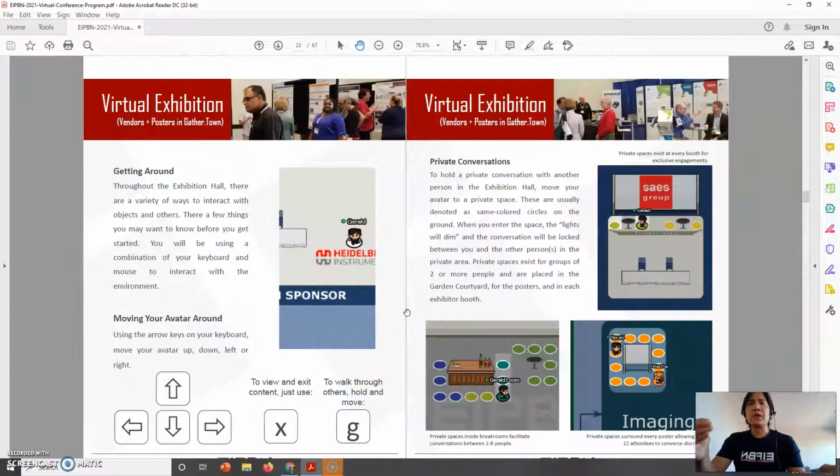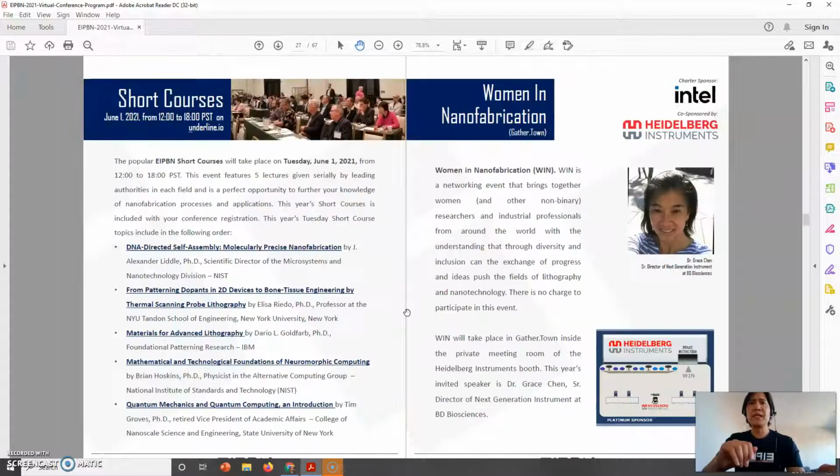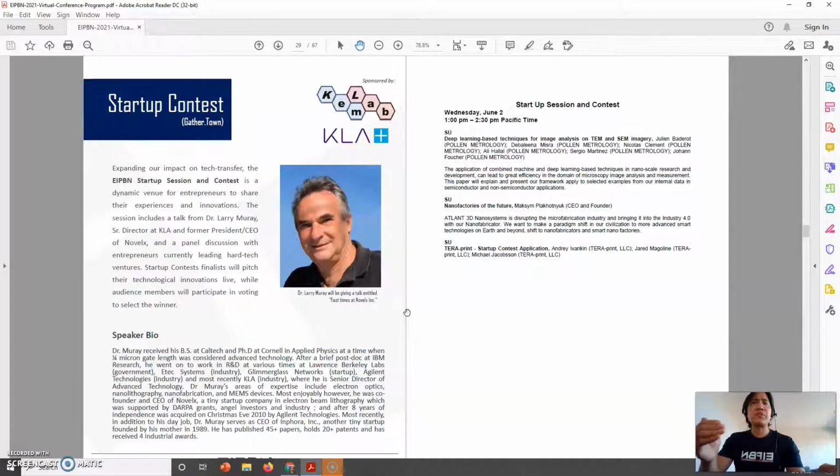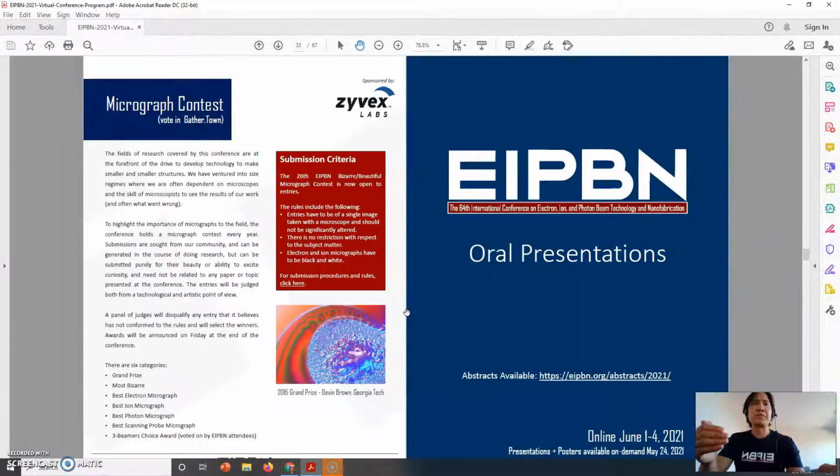We also have directions on how to use the virtual exhibition hall, and I'm going to show you how to use that in a second. Then we highlight some of our short courses that we have every year, the Women in Nanofabrication event, the Startup Contest, the Student Recruiting Breakfast, and the Student Mentor Lunch. And lastly we have the Micrograph Contest that we have every year.